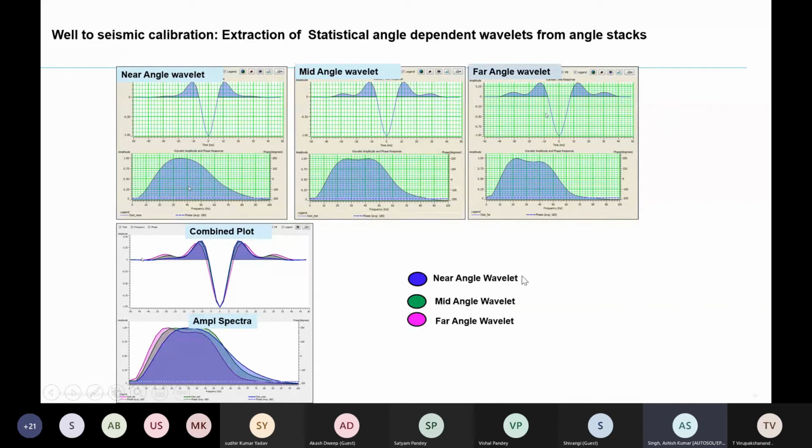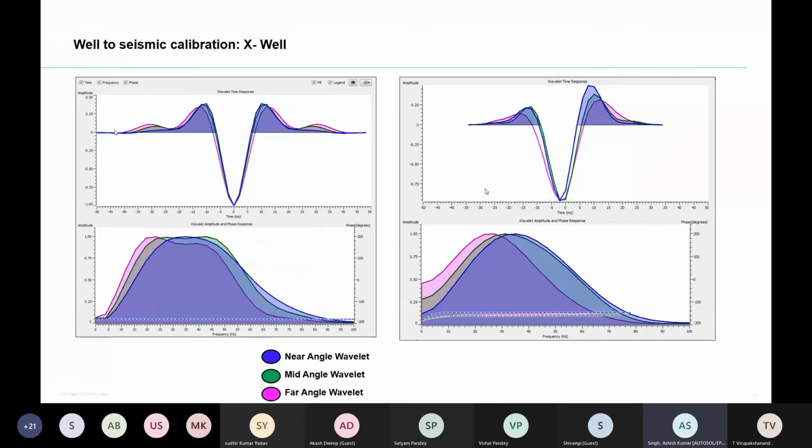No issue. So again, look at this. This is our initial wavelet which we have taken, and now this is the calibrated wavelet extracted from the calibration. See, the shape of the wavelet has changed; the spectra are almost the same, but the shape of the wavelet changed. So you are estimating your wavelet basically. That wavelet will be used to invert the seismic data, so be careful about that.